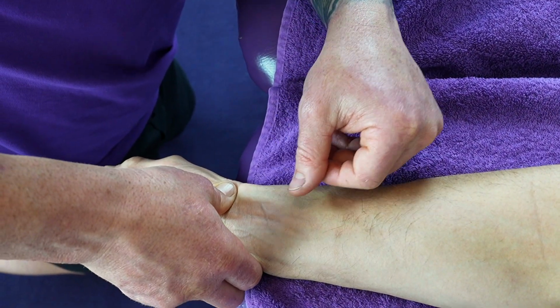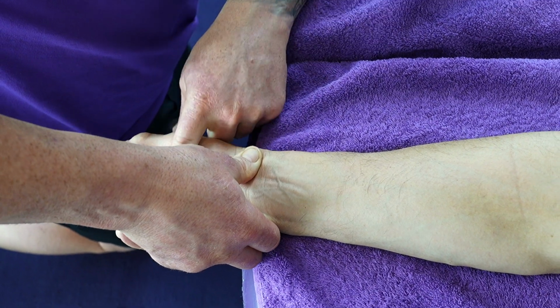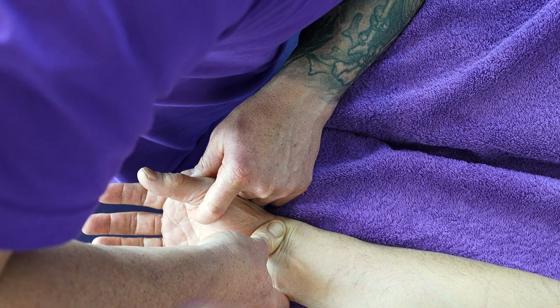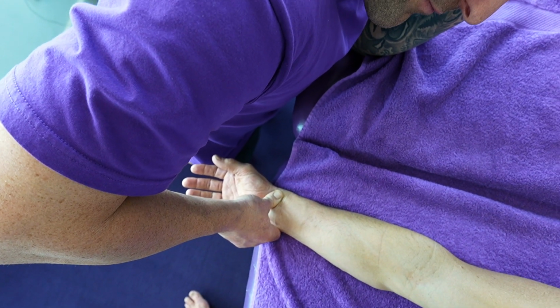So naturally I've just started to go more towards the thumb. I can feel like there's some spots in there. How's it feel for you, man? Yeah, it's good, man. Just to have the wrist mobilised too. Really feel like